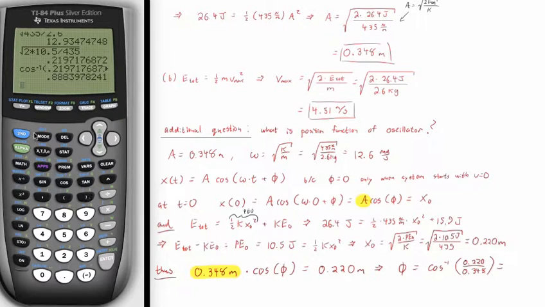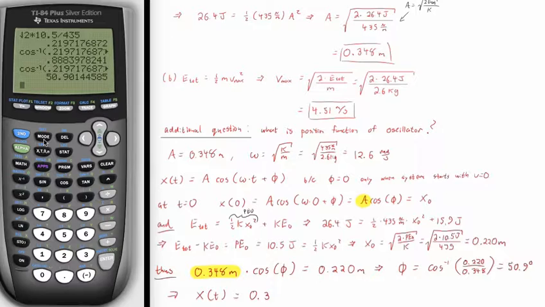That probably is in the wrong mode. Yeah, it's in radian mode. So now I have it in degree mode. Do the same thing. Okay, 50.9 degrees. So finally, we have that our function of time, our actual position function for this oscillating system, is